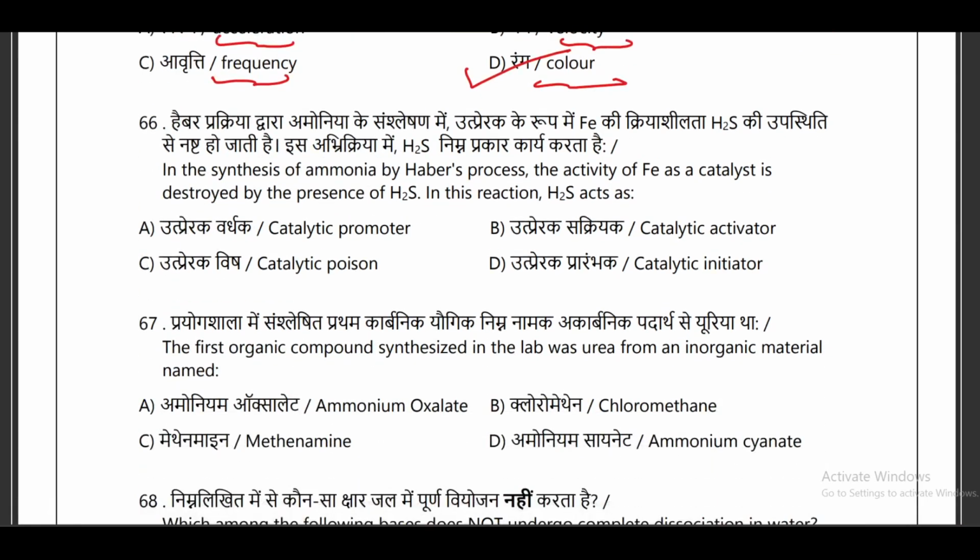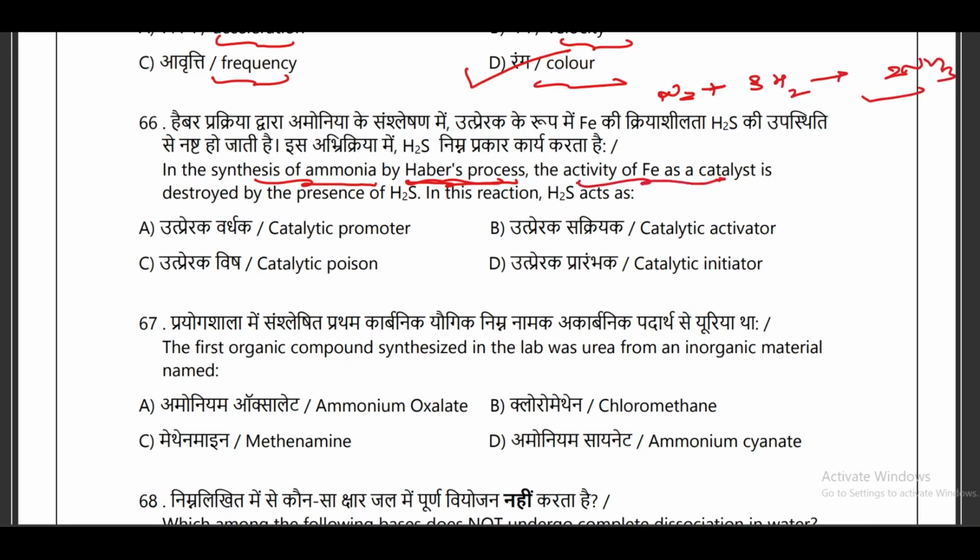In the next question, in the synthesis of ammonia by Haber's process, what is the reaction in the Haber process? This process is used for the synthesis of ammonia. Nitrogen reacts with hydrogen to produce ammonia. Clear? Okay, so they are saying in the synthesis of ammonia by Haber's process, the activity of Fe as a